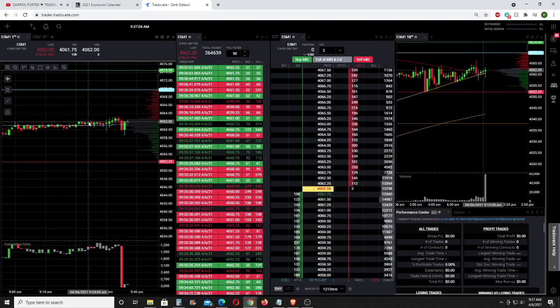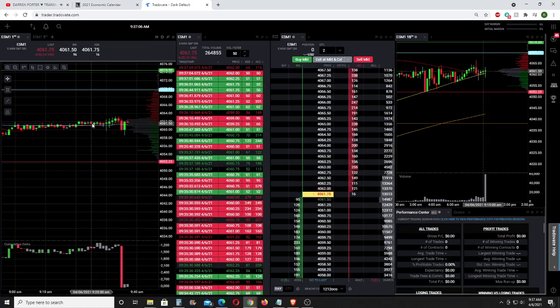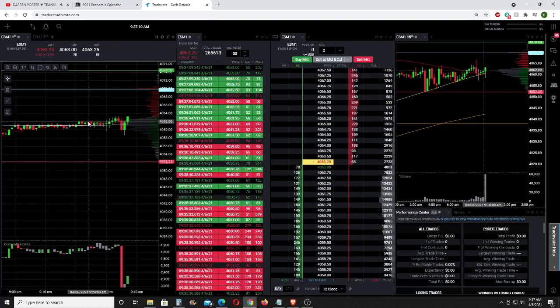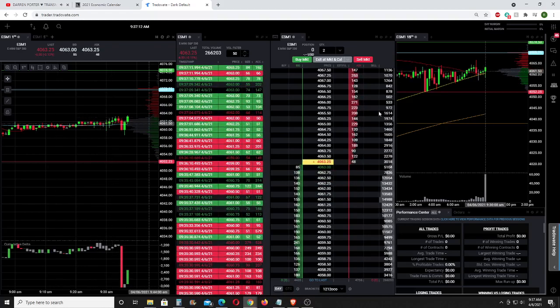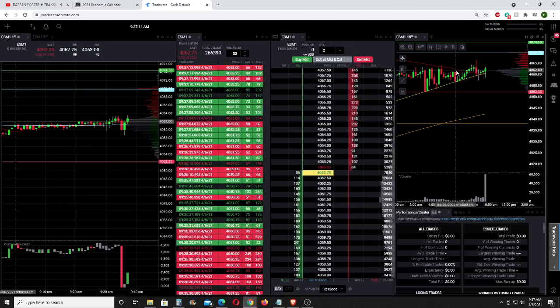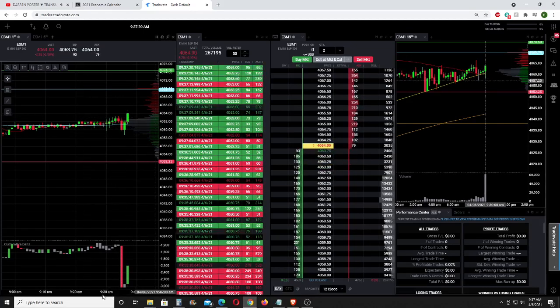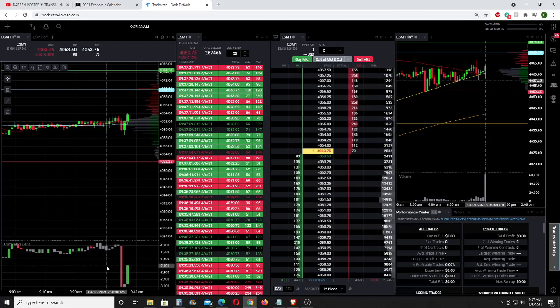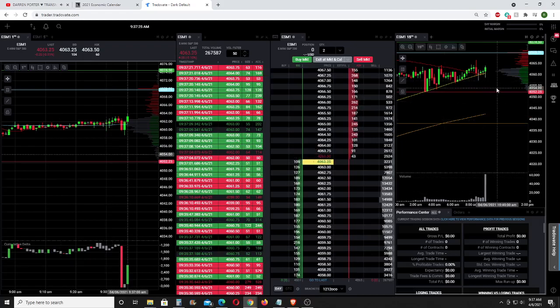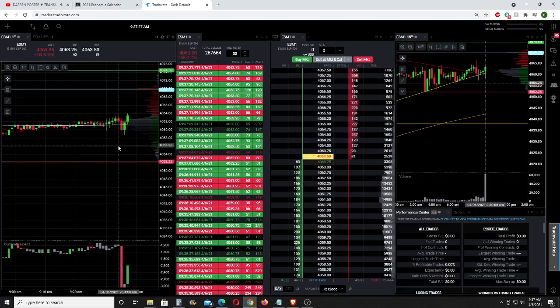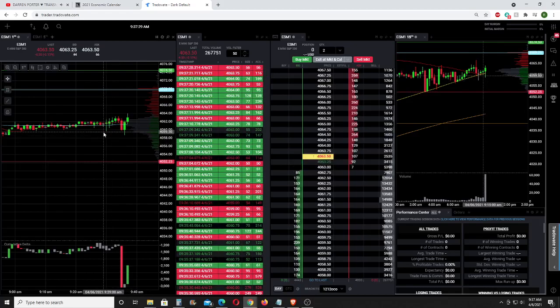Okay, now you see I'm shifting towards a long bias. Look at how quickly that could change my bias based on how this is acting here. Whoa, look at this. Yeah, this is now really bullish. Look at this move here. Yeah, that was really bullish. Oh wow. Things could quickly change.